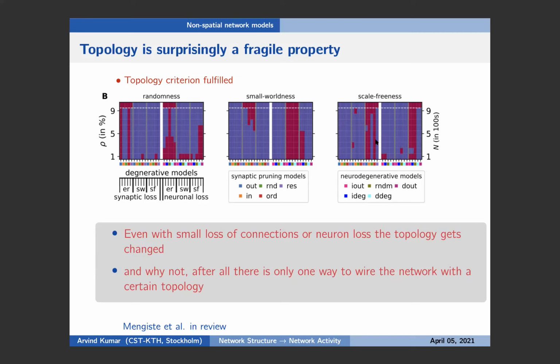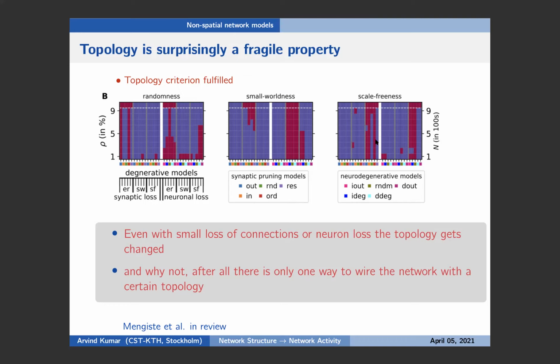So something that we thought is very robust, or something that makes the networks robust by itself, is not robust. Meaning, scale-free and small-world topologies are extremely robust, in that the network retains its structure. However, the topology changes. And this is important for the brain because the brain is constantly undergoing developmental changes, learning-related changes.